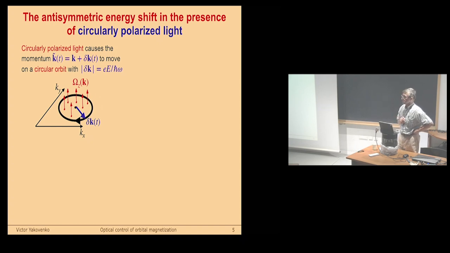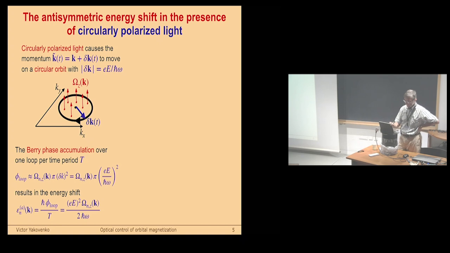It just follows from Newton's equation of motion. And the radius of the circle is again electric field divided by frequency omega. So bottom line, in rotating electric light, the electron moves on a circle in the Brillouin zone. Now suppose the band structure is such that it has non-zero Berry curvature. So every time the electron makes a circle, it accumulates Berry phase. Berry phase is basically Berry curvature times the area enclosed by the orbit, and that goes like E squared